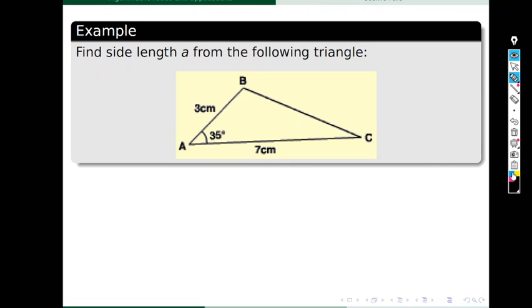What I'm going to do is I'm just going to label my triangles. So just remembering that we label things with the letter of the angle that's opposite them, right? So we've got A, B, and C, and we want to find side length A, this little a here. Now, as it happens, this is written in the exact way that